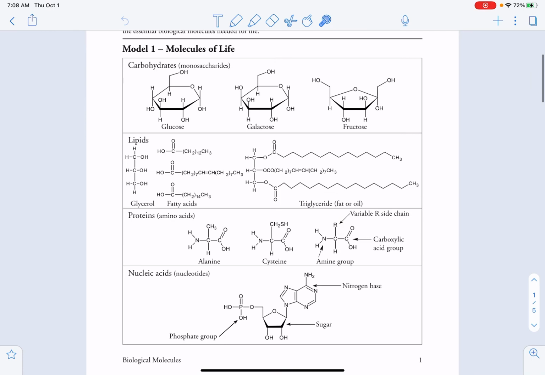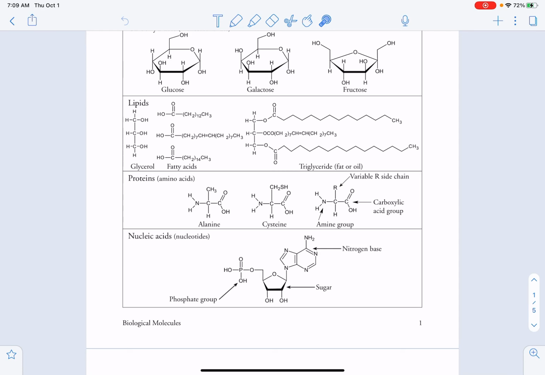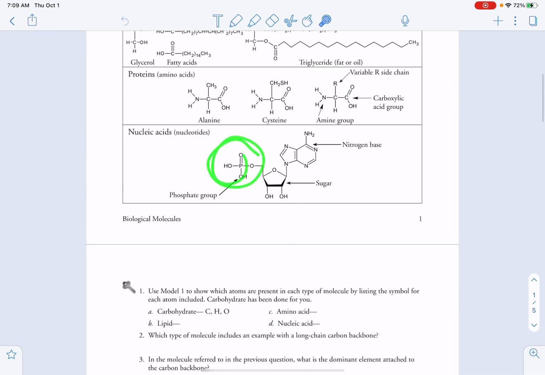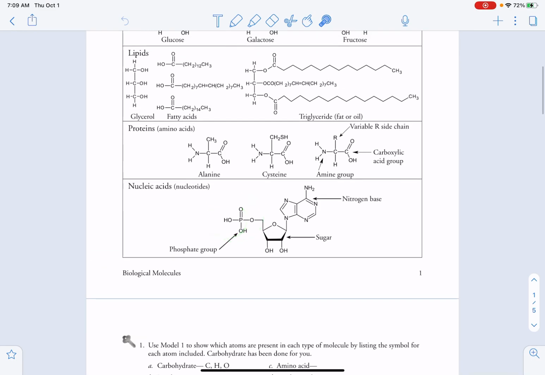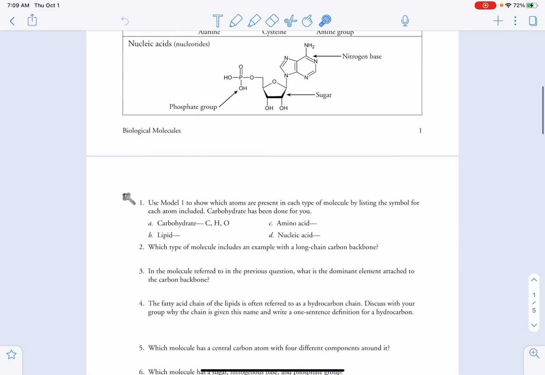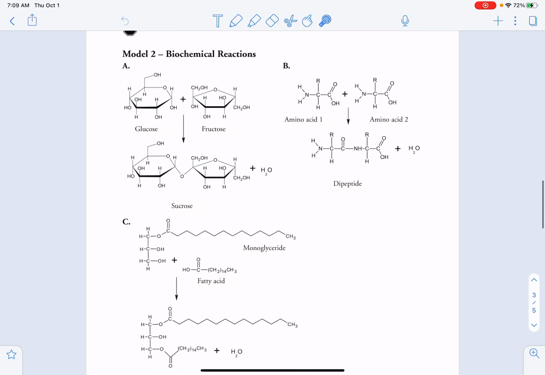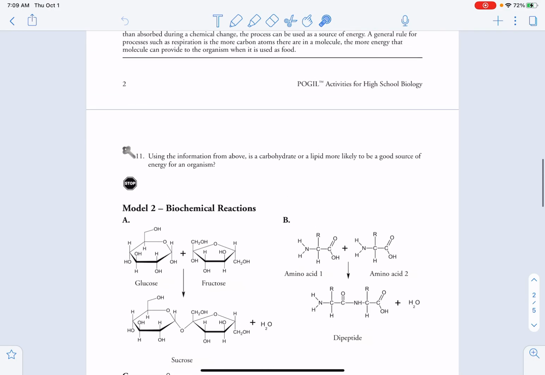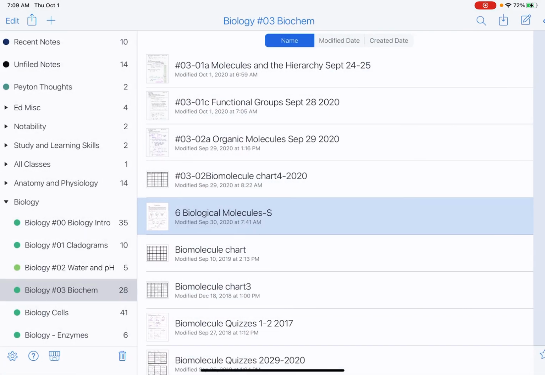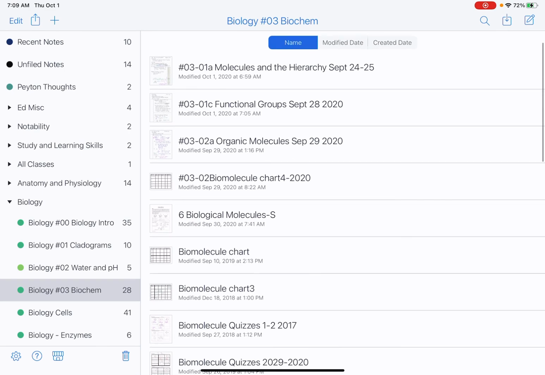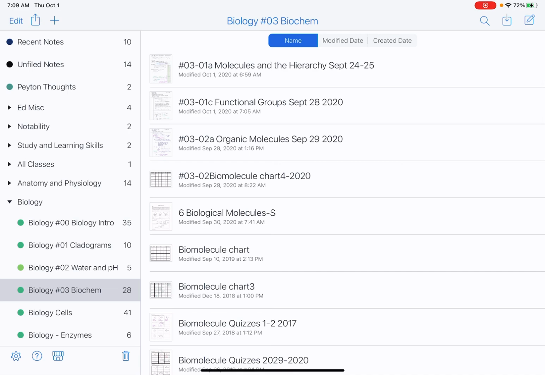And the molecule that you don't have here is ATP, because it's one thing, and once you learn to identify it, you're good. Okay. Oh, you do have an ATP. You don't have any. That's really odd. Okay, so you have a phosphate. The next model is going to teach you about some reactions, and you can let that go until you're done with everything else here. The other bit you have, I don't have a copy of it here, but it's a chart, and that chart that you're going to be filling in,